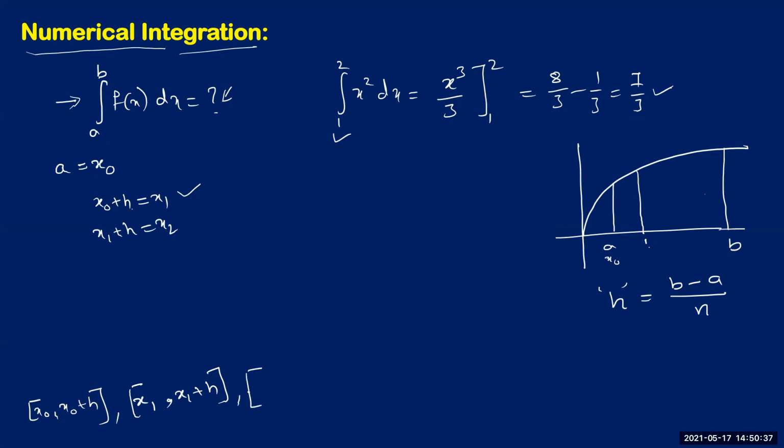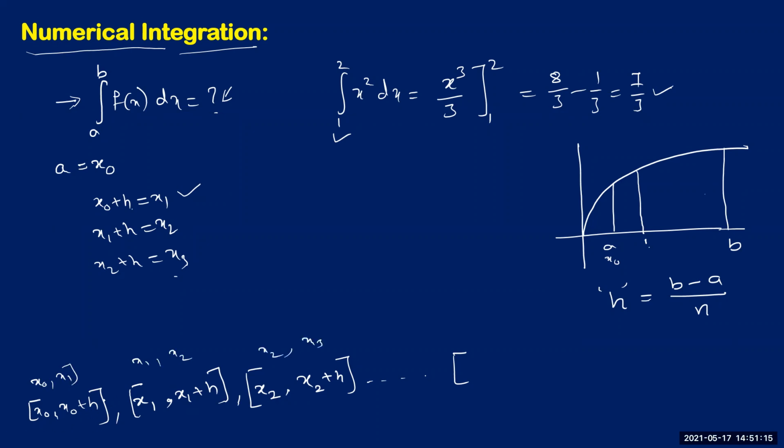Hence you can understand our next interval starts at x2, and again the last point in this interval will be x2 plus h. Similarly, if you take x2 plus h as some x3, you can continue this procedure and write all n subintervals in this way. But I'm just interested in what may be our last interval. Just to have a look, in the case of the first interval, though we are writing it as x0 plus h, it is actually x0 comma x1. Here it is x1 comma x2. Here it is x2 comma x3.